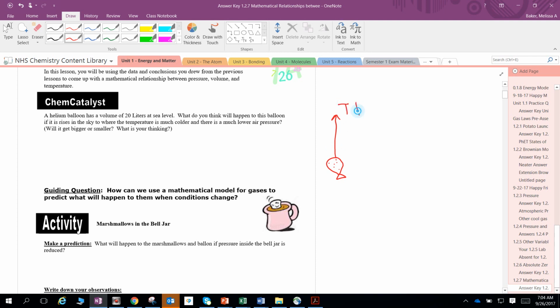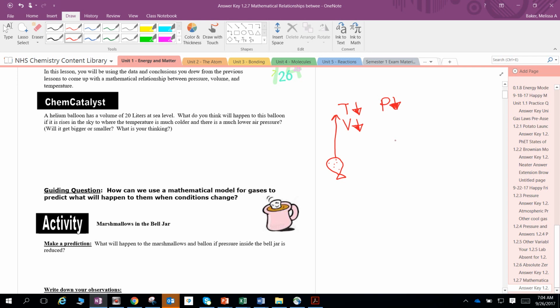If the temperature goes down, we've learned that the volume of the balloon should go down as well, because as the temperature goes down, the particles slow down. So if they're colliding with the walls of the balloon at a slower, decreased rate, the balloon is going to shrink. However, it also says the pressure is going to go down